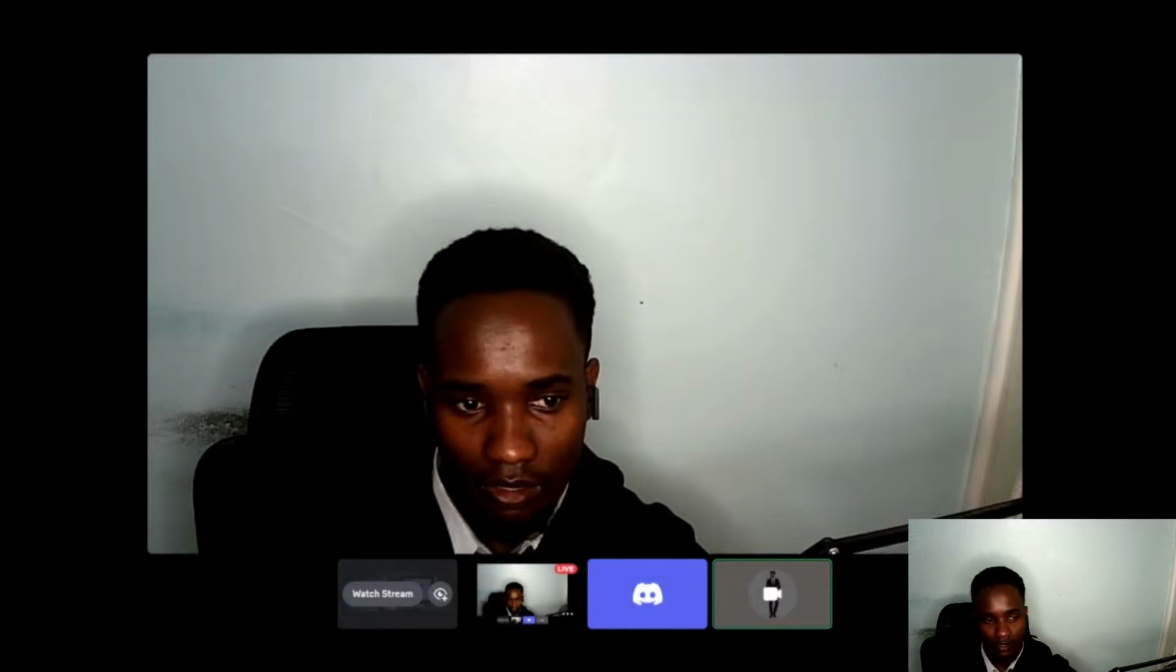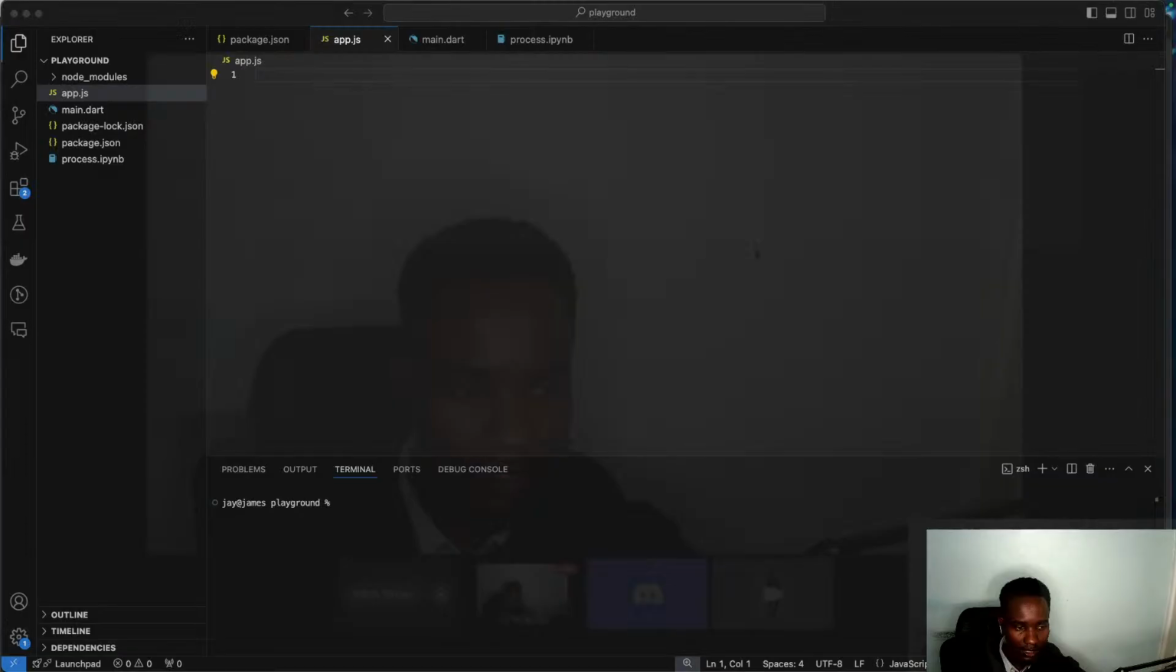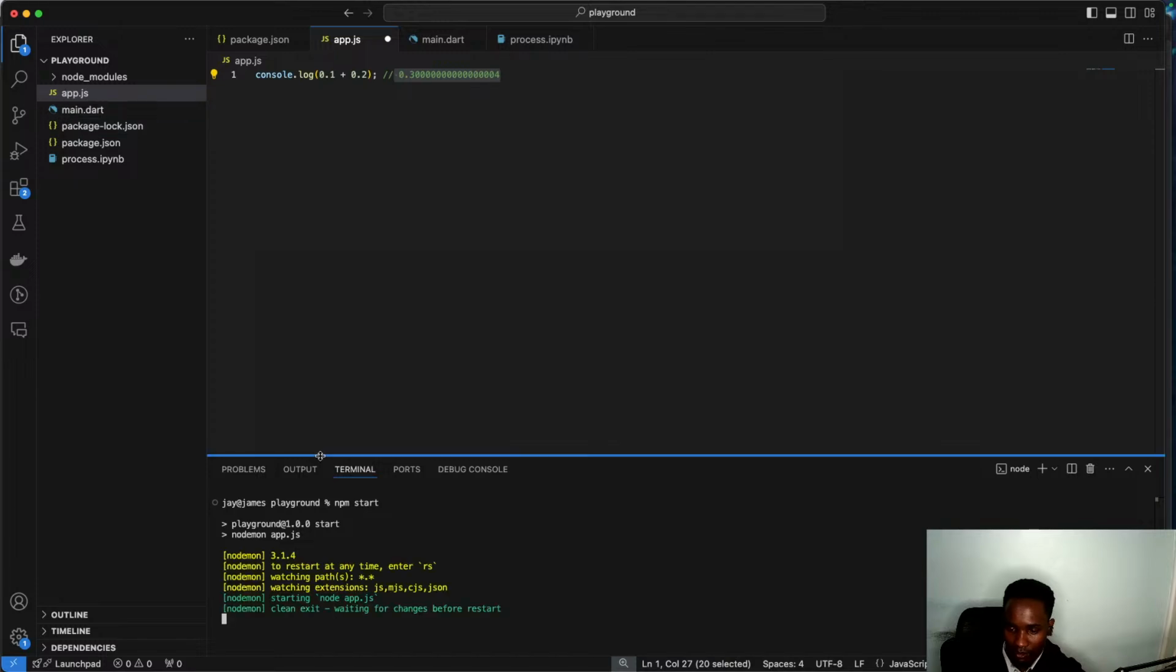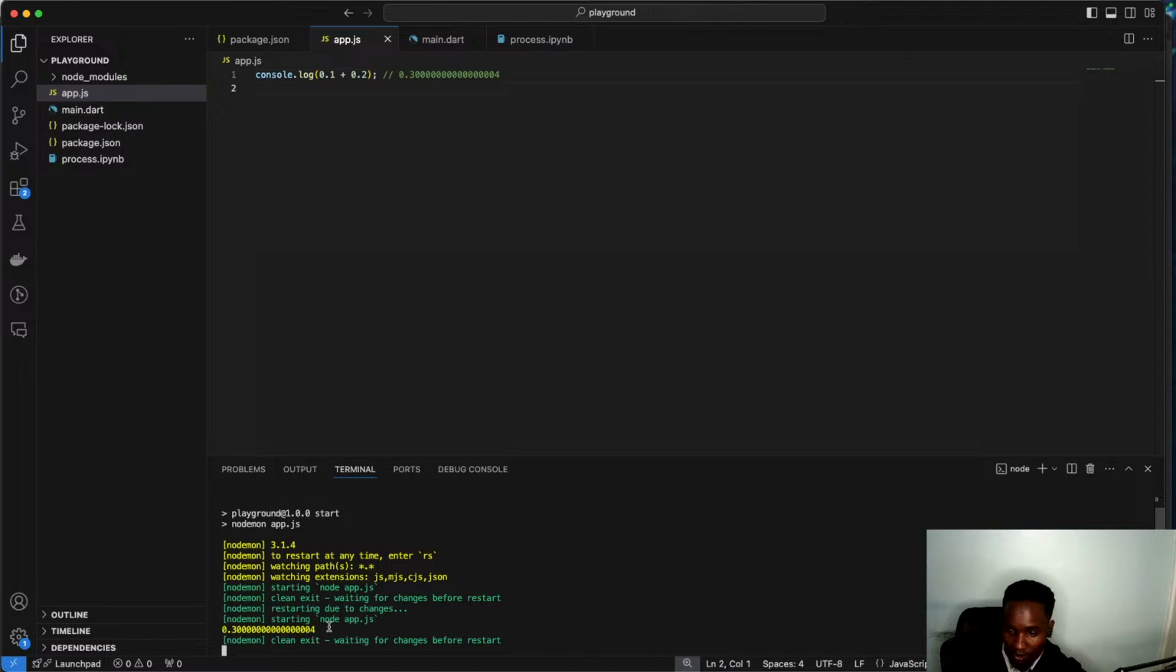I'll show you an example right now. For example, in JavaScript, if I do this, 0.2 as such, the output will be something like that. But just for the demo, I created a playground for us to test. And then save that. As you can see down here, it's always